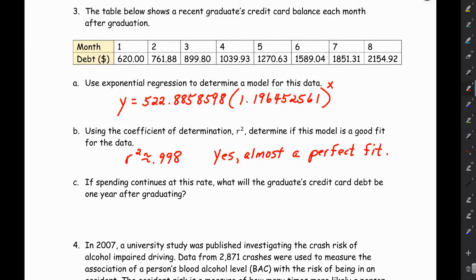If spending continues at this rate, what will the graduate's credit card debt be 1 year after graduating? So when we get into month 12, what's going to happen to this poor person? All right, so if we input a value of 12 into that equation, what's that going to mean? Well,